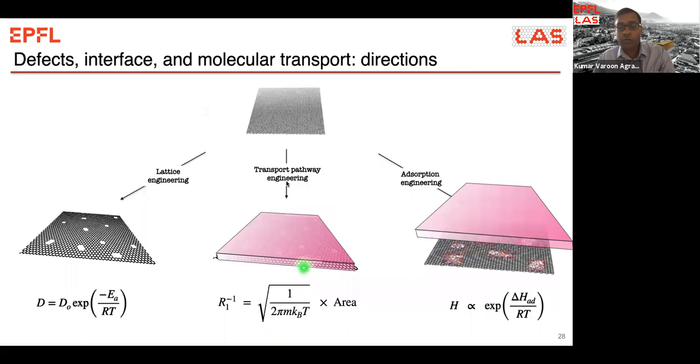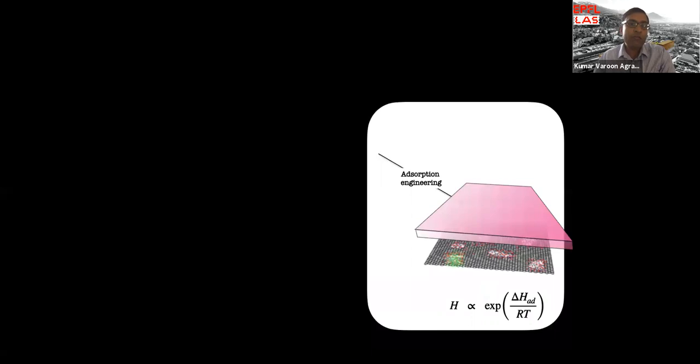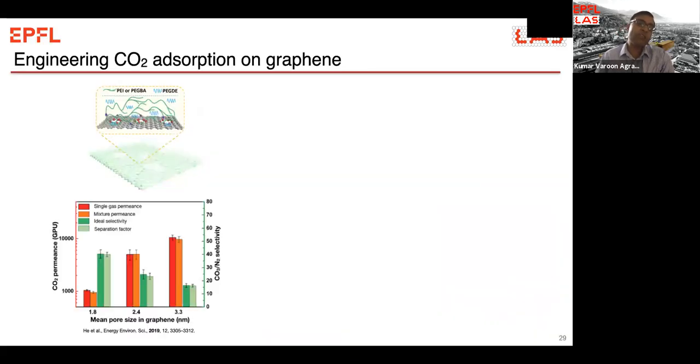Similarly, we could also tune the adsorption selectivity. We could tune the competitive adsorption of the pore by functionalizing the pores with different molecules. In our first proof of principle study, we looked at a known molecule in the literature which is quite conducive for selective CO2 adsorption. We looked at polyethyleneimine, which is actually used commercially, for example, for direct air capture of CO2, right?